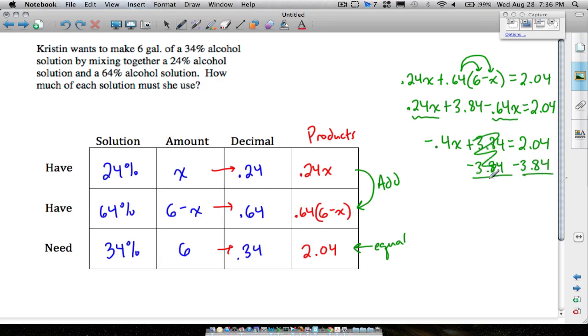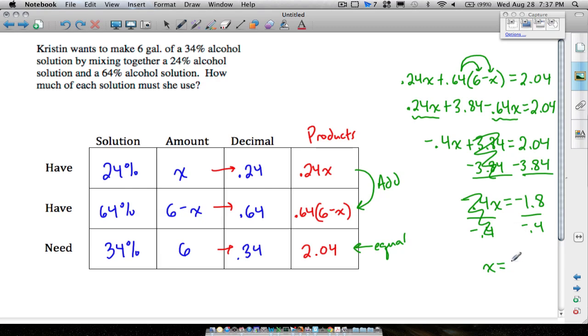They cancel out over here. Bring down what you have left on this side of the equation. You have negative 0.4x is equal to 2.04 minus 3.84. That gives you negative 1.8. And then our last step is to divide by negative 0.4. Negative 0.4 is canceled, so we have x equals